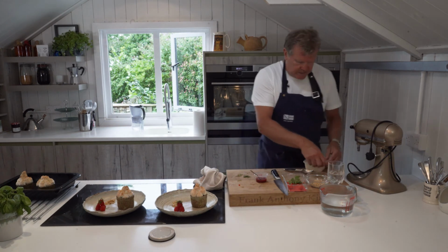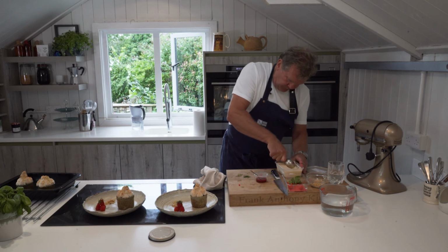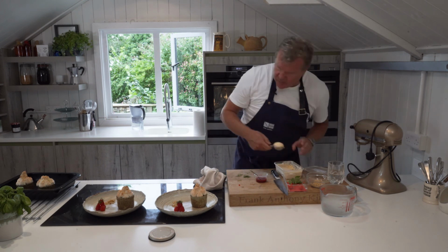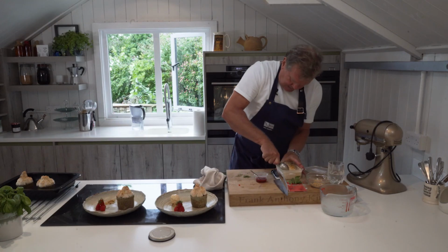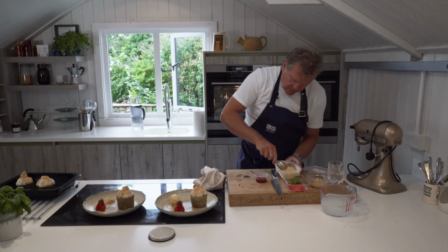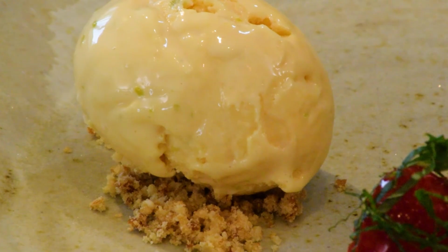Okay, so let's get our pie. Hopefully we can do a couple of nice scoops of our pie. And there's one. You're doing 2 scoops of one per plate. One. Okay. Okay, and quickly